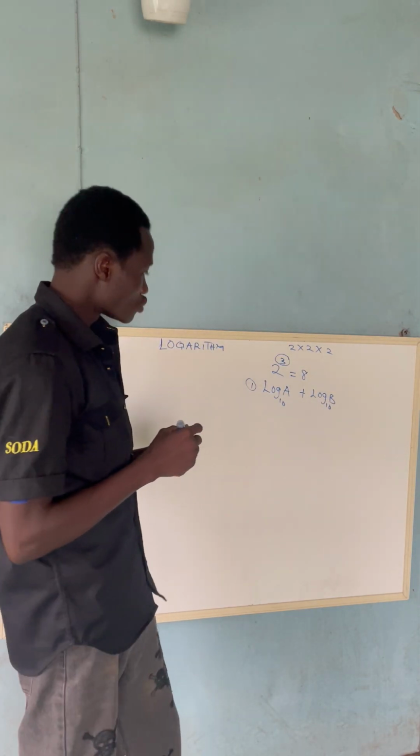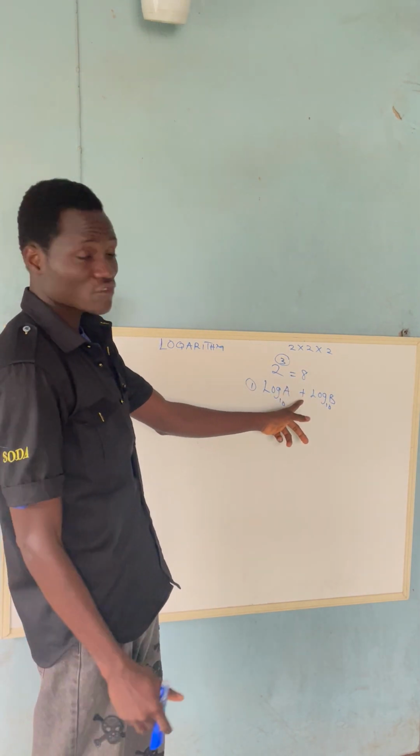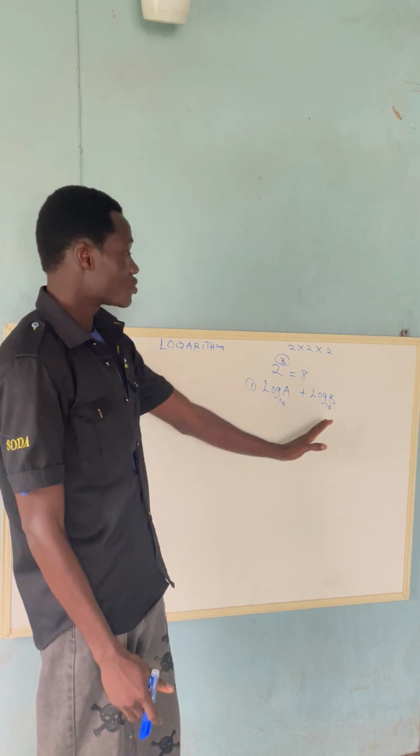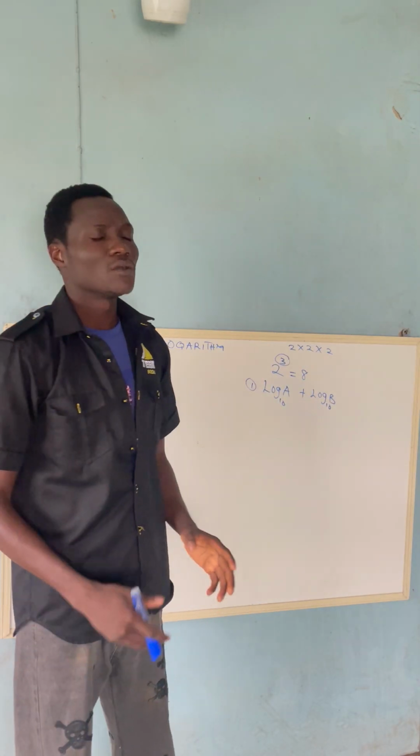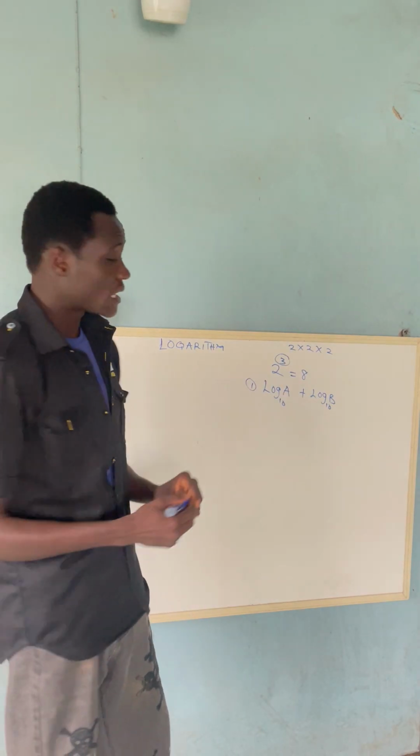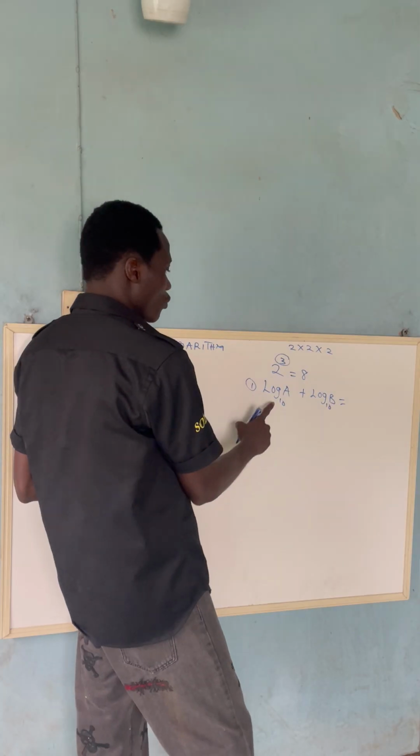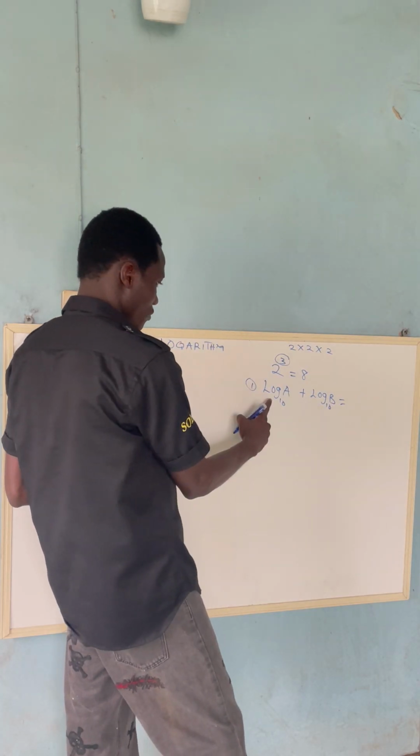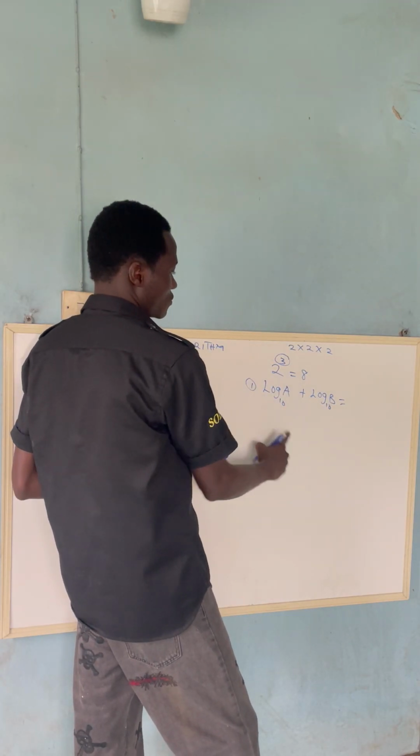That is it. So we are going to start with the addition law. You can see here we have plus, that is addition. So we are adding two logs together. Log A base 10 plus log B base 10. When we add this, what are we going to have? We are going to have this. We are going to take one of the logs. We have log A base 10, we have log B base 10. Just take one log